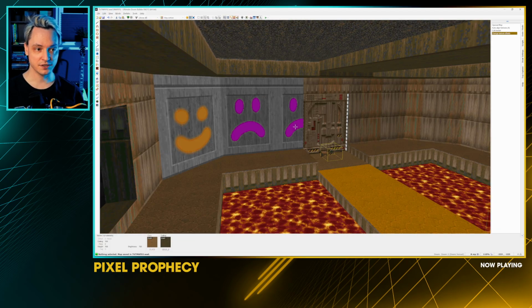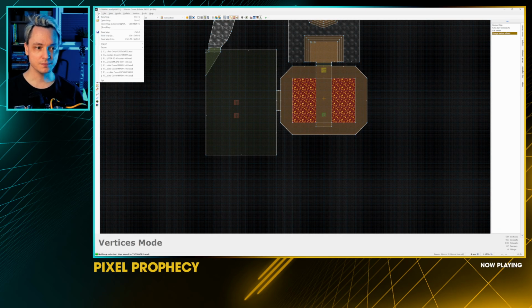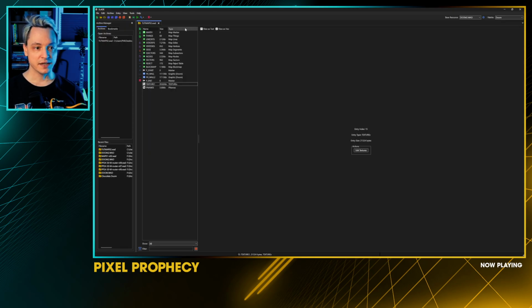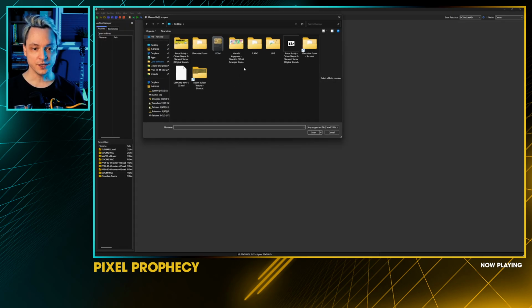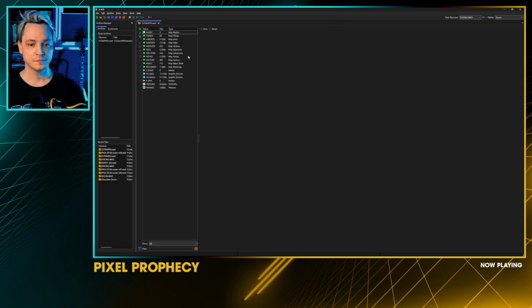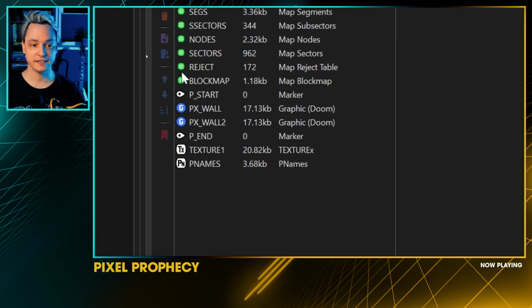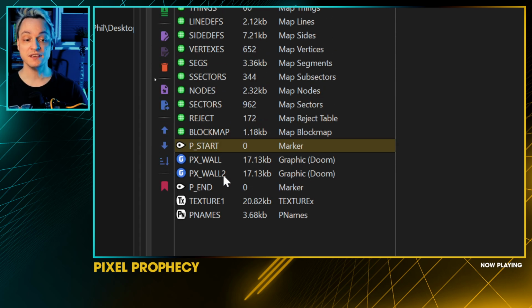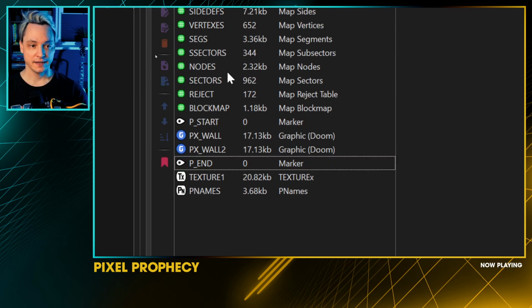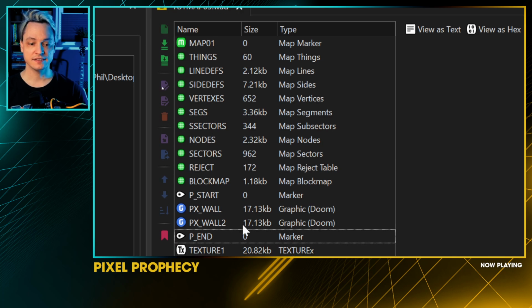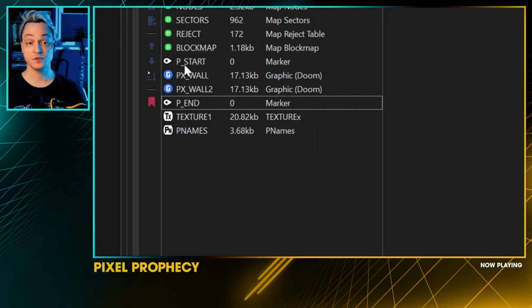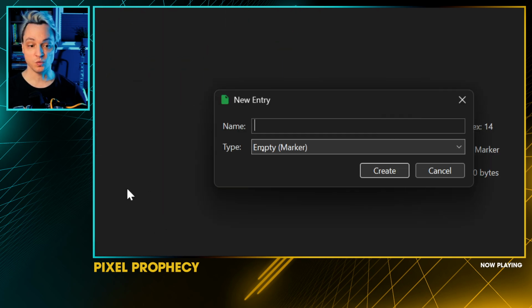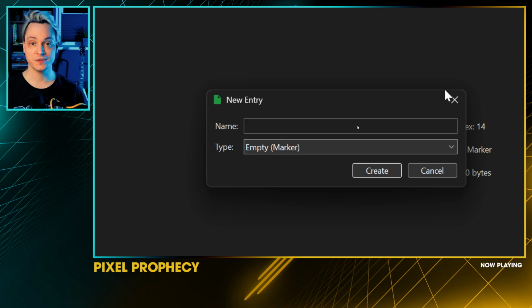Let us save this map and save it as tut03. And let's get back to SLADE and open tut03. So to add floors to it, we also need to add a range. As I said, it starts with P_START and P_END. I've come to understand there is a difference sometimes between starting with PP_START or P_START and PP_END or P_END. I don't fully grasp why this is an issue,